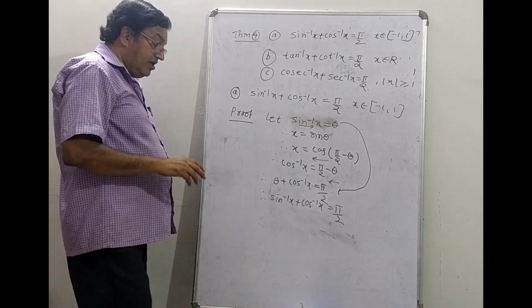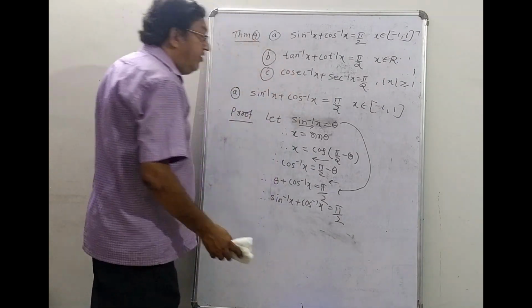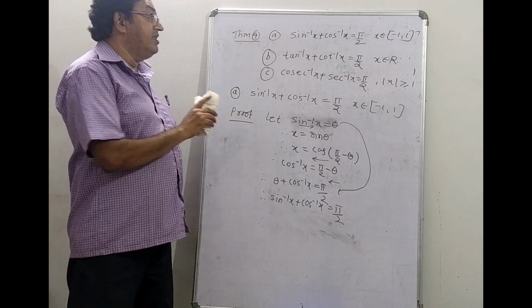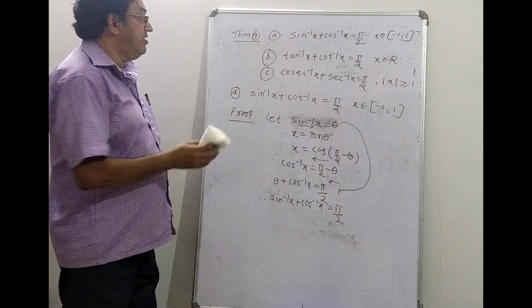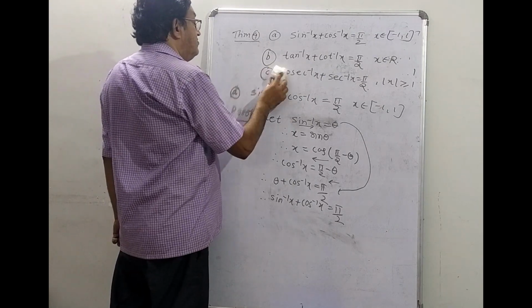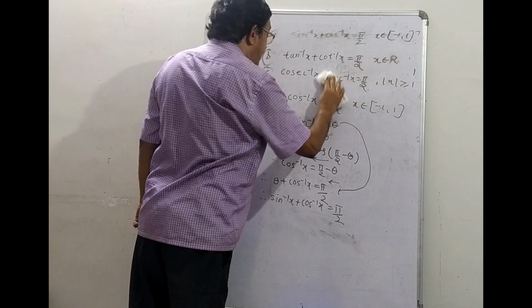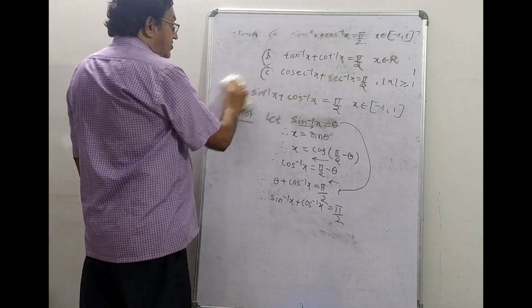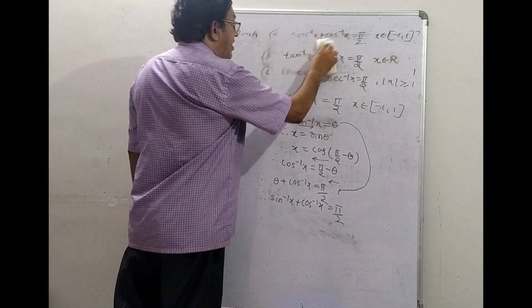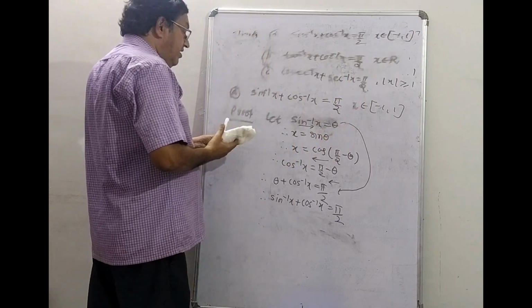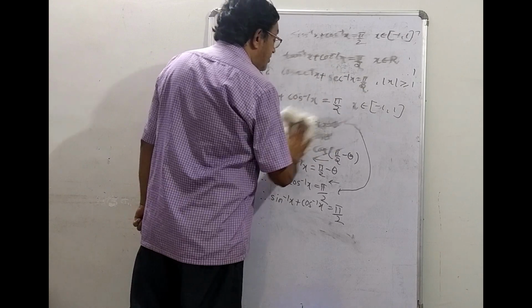So this is about theorem number 4. The proof will be similar to the first one in the second and third case. In all the cases, you have to use allied angle conversion. Then we come to theorem number 5. Actually there are parts here, but instead of going part by part, I will prove on an individual basis, because these theorems will be useful for solving sums.